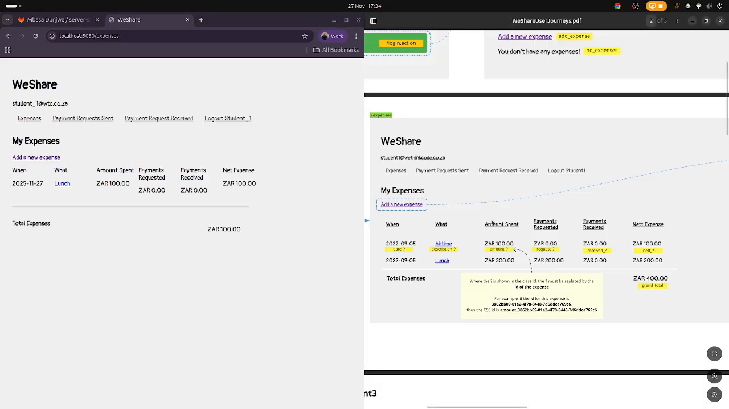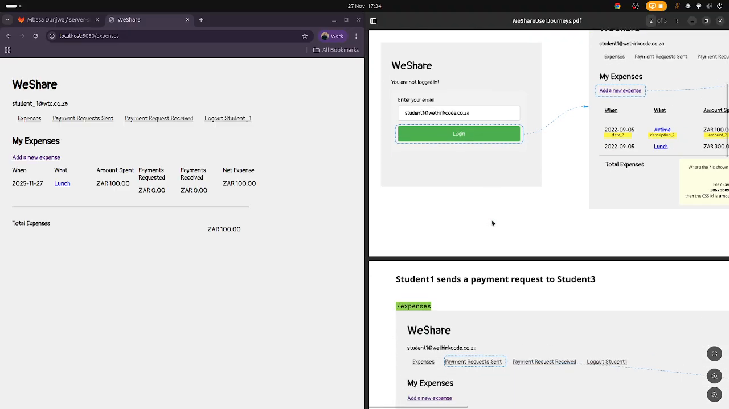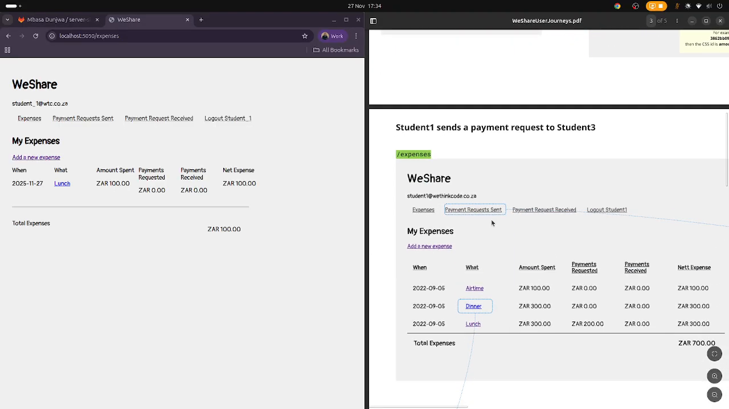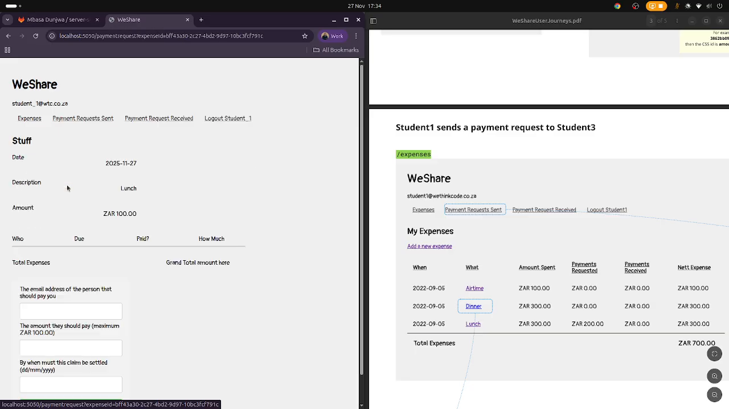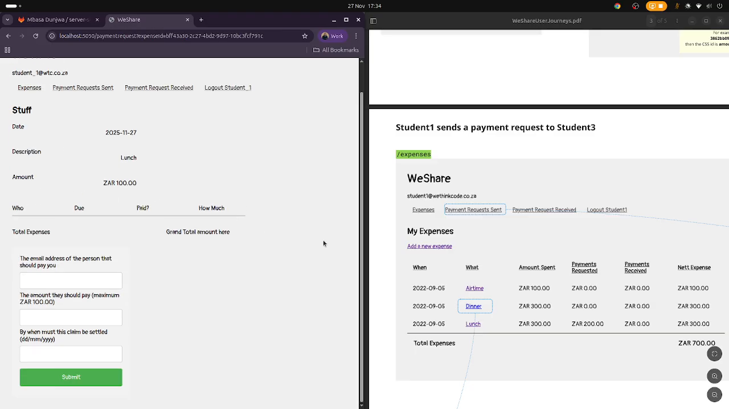The next case in our user journeys is student sends a payment request to another student. So let's say student 1 had lunch, but he was not alone. He had lunch with student 2, and he would like for student 2 to pay for some of the lunch. We click the expense itself and we add the email of the person we would like to send a payment request to. So we'll just name this person student 2 at wethinkcode.za,